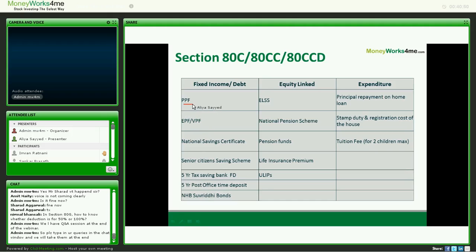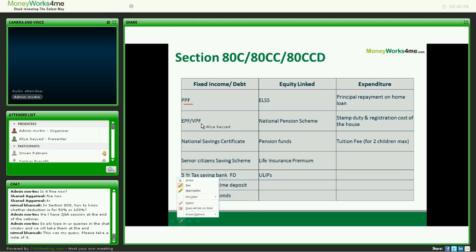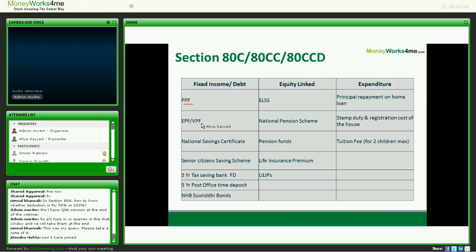So let's first talk about PPF. I'm sure a lot of you would already know about PPF since it's a very well-known and old option. PPF is nothing but a fixed income scheme, a Public Provident Fund scheme introduced by the government of India, the main thing being that it has a lock-in of 15 years, and the interest on this is linked to the interest rates in the market. So as of now, for this year, you will be getting an interest rate of 8.7% on PPF. According to me, this is one of the best schemes available for investment